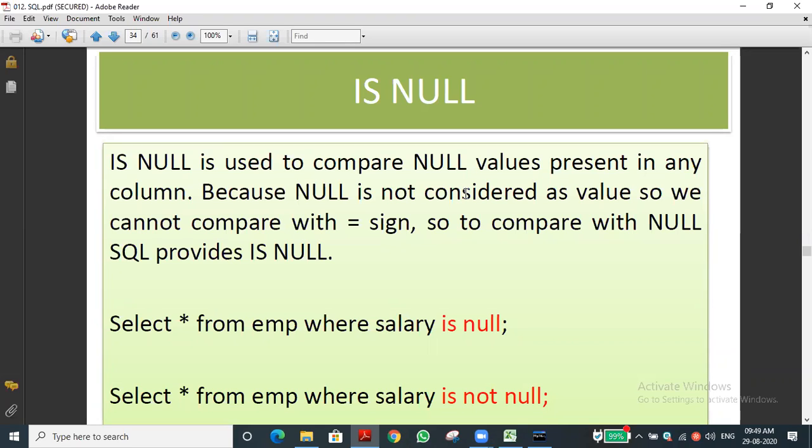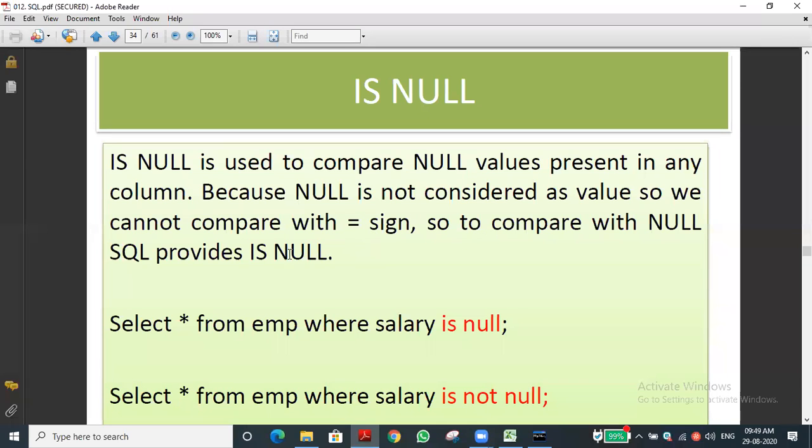Okay, null equal, for example, a column salary equal to null. If we give that, null is not a value. How do we describe null? If you give it in single or double quotes, it is considered a string data type. So we cannot compare it with any operator. That's what we have to use.